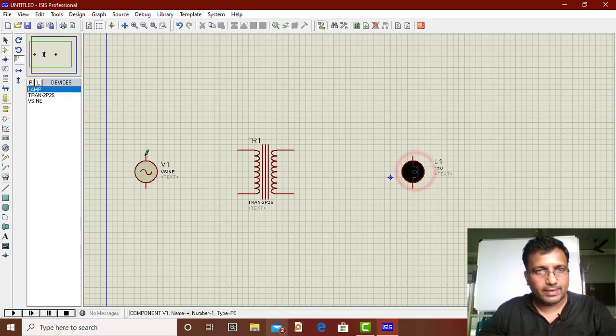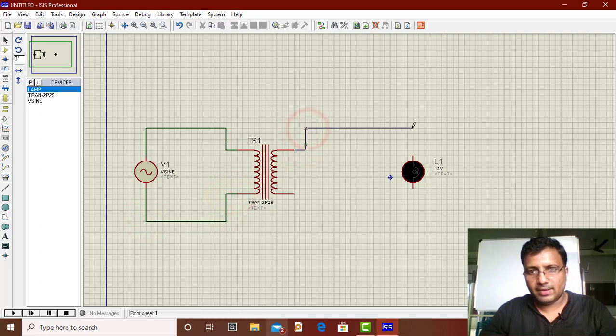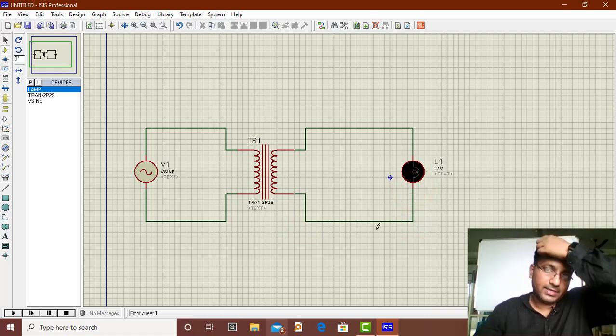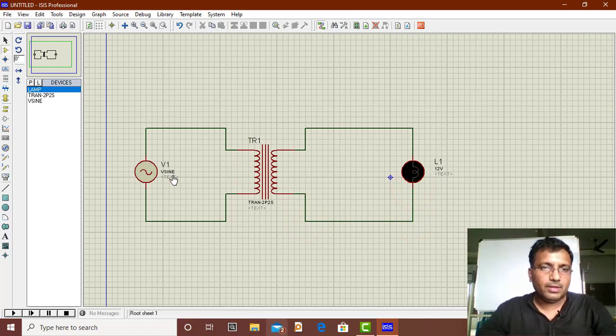Alright, so I'm going to connect first this to a transformer. Same level I will manage so that the circuit schematic looks good. Okay, done with the circuit. Now what I can do is I can modify